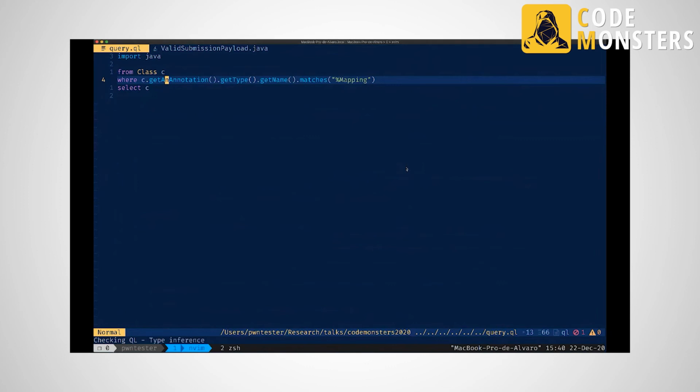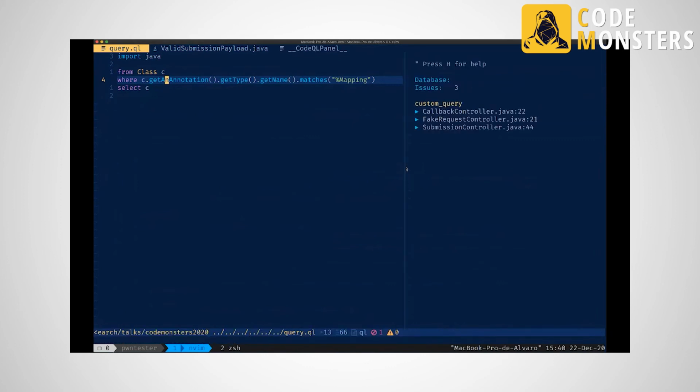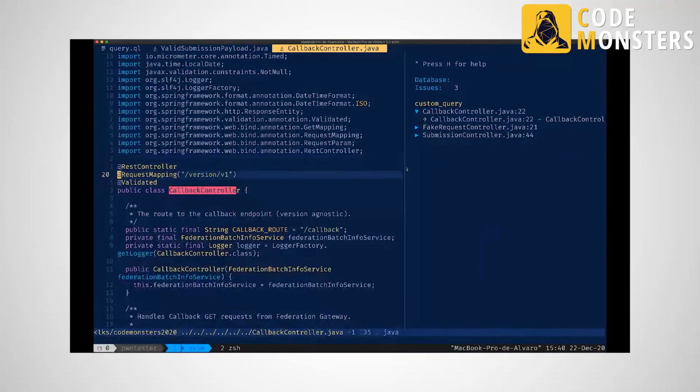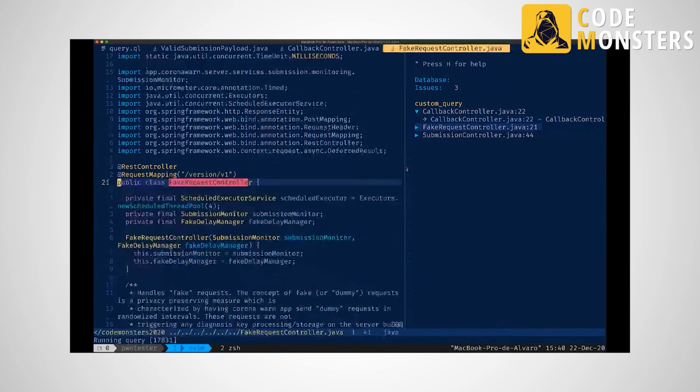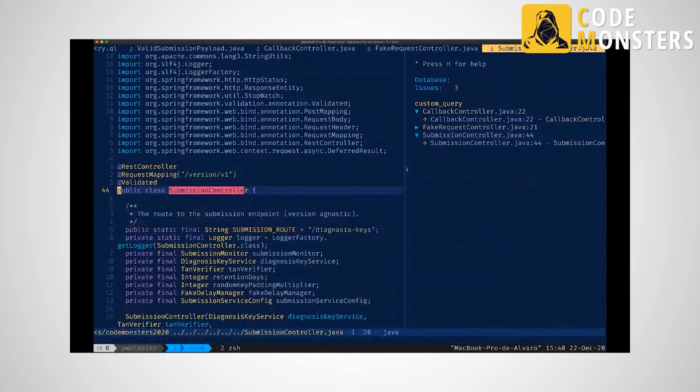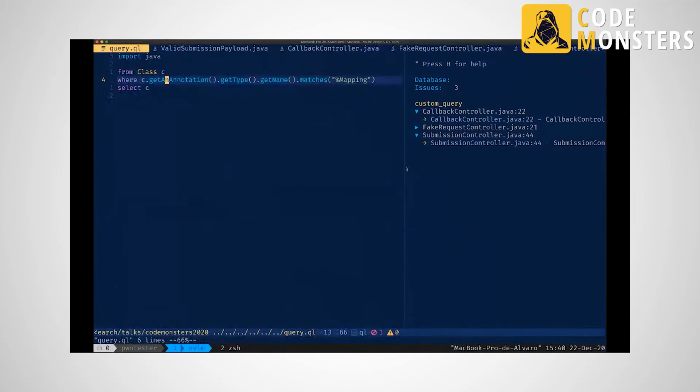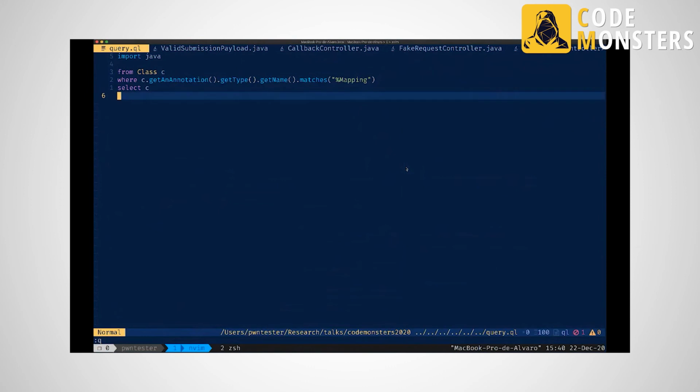So if we run the query, you can see that we have three different elements here, like this callback controller, which is a REST controller that is validated. Then we have this fake request controller, which is also a REST controller, which is not validated, and maybe this submission controller. So as you can see, the attack surface of this application is not that big. So going back to the query,